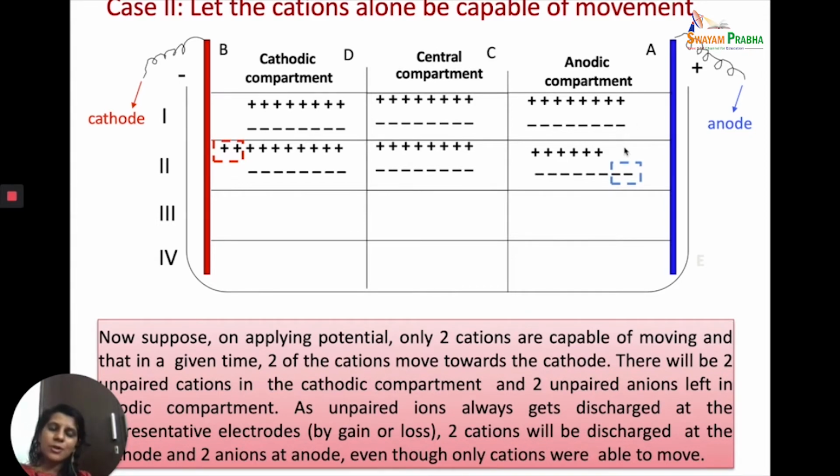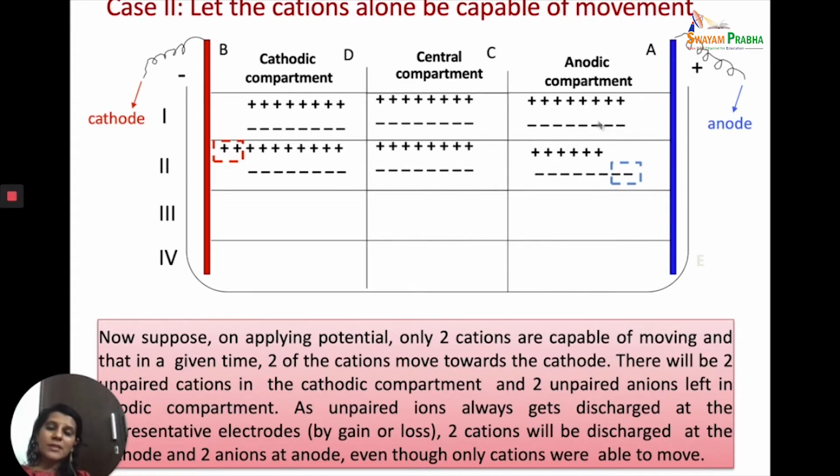So let us assume 2 cations from the anodic compartment move to the central. 2 cations from the central move to the cathodic. This has happened because we applied the potential. So if we apply the potential and there are only cations which are capable of moving, and we assume that only 2 cations move,